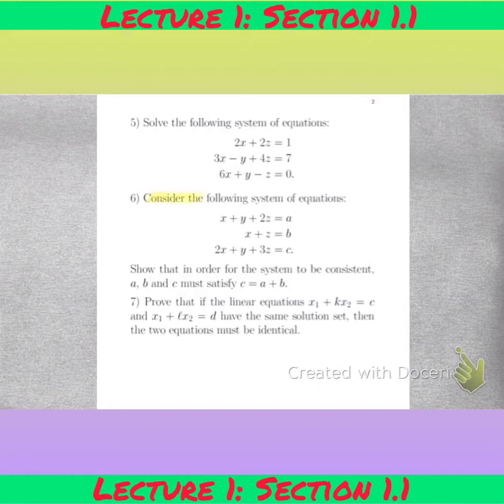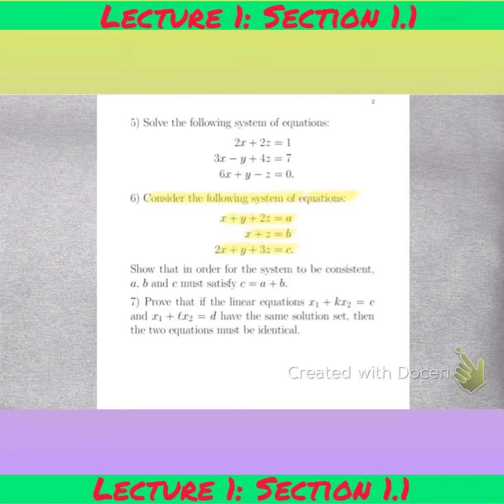Right, question 6 asks us to consider the following system of equations. So you've got three equations, three unknowns, and you're asked to show that in order for this system to be consistent, we need A and B and C to satisfy C is equal to A plus B. All right, so this is a straightforward